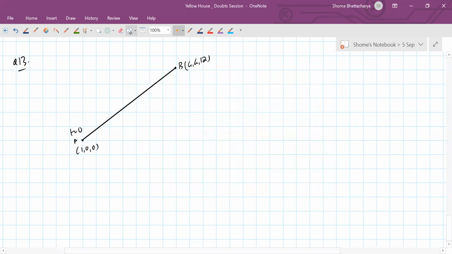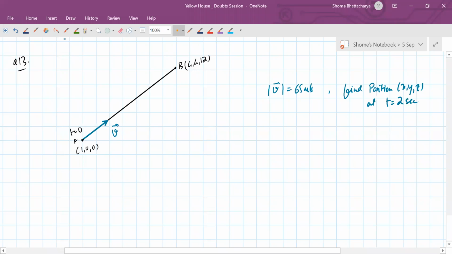So if it's going along a straight line with constant speed, that velocity vector has to be constant and it has to be along this direction. So if this is the velocity vector, it is given to us that its magnitude is constant and is equal to, how much is it now? 65 meters per second. Okay. So we have to find the position in terms of x, y, z coordinates at t equal to 2 seconds.